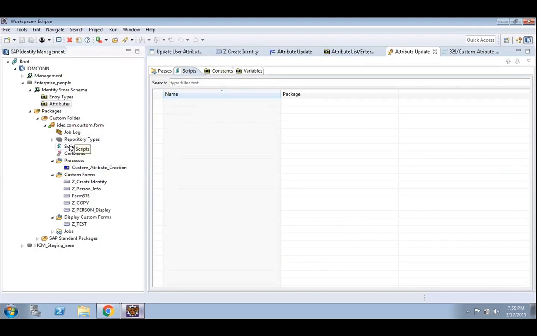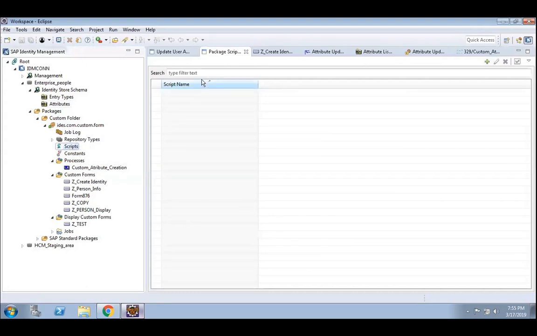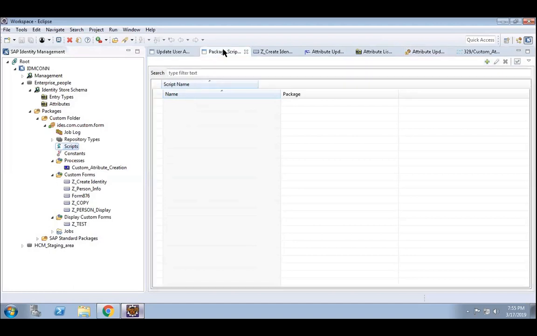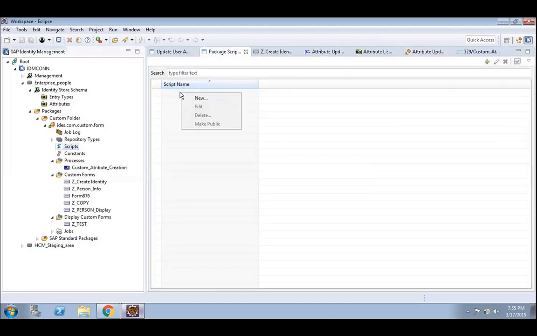Even within the script level, if you write it, that script can be made public, so that for other cases and other packages also you can use it. So it is up to you whether you want to use this script specifically, global or local. So let's create it first as global.